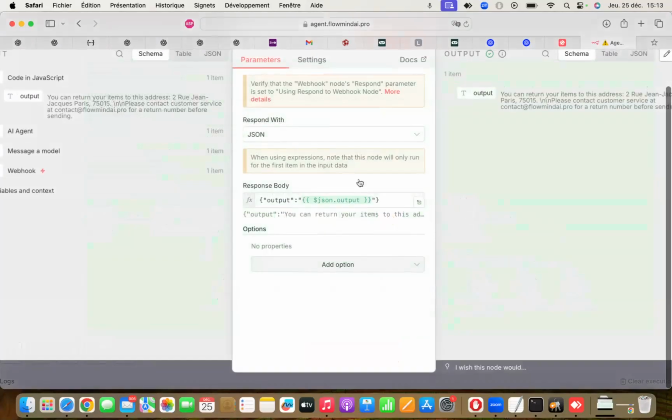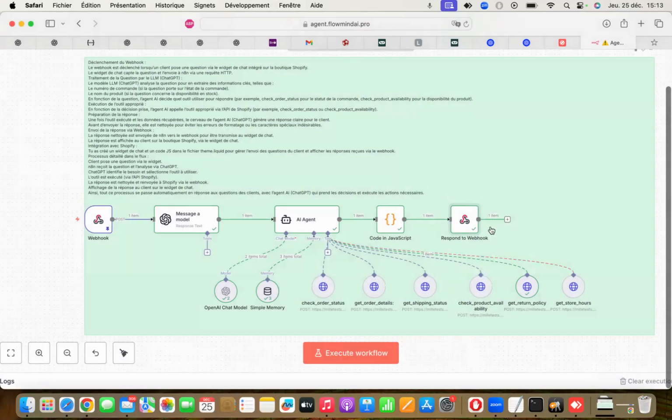And the Respond to Webhook node is just to send back the answer. And once the answer is sent back, of course, the piece of code already presented will take charge of displaying the answer to the user. That's the complete process